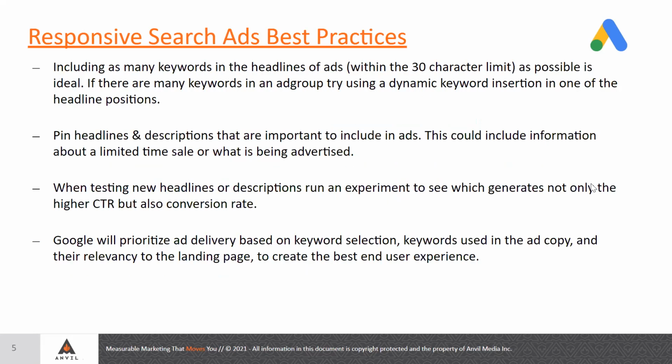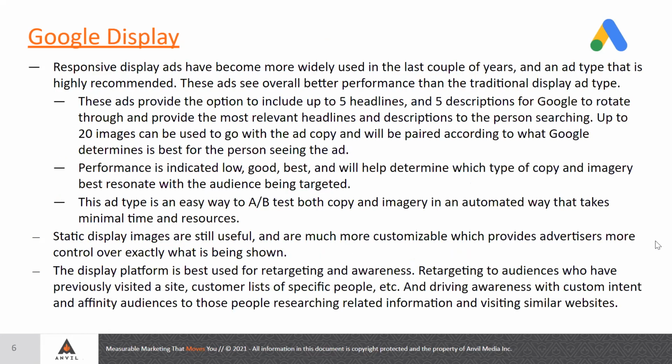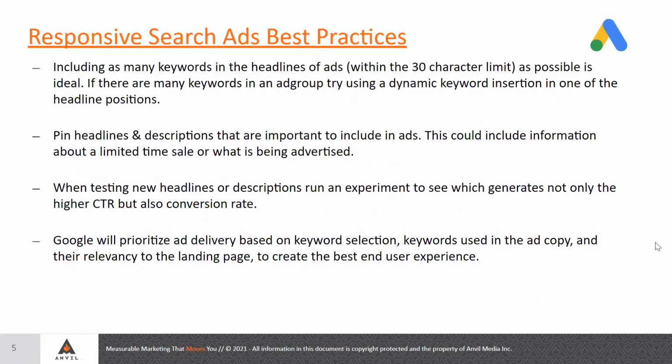And some best practices for these responsive search ads. To make the most effective use of them, it is recommended to include as many keywords as possible in the 30-character limitation of those headlines. If using a large keyword list, dynamic keyword insertion can do this for you. If you don't quite know what to include, Google will use machine learning to include those. And while Google does choose